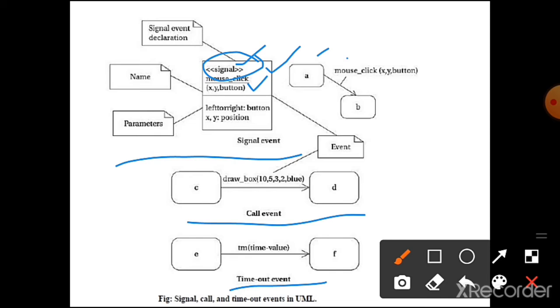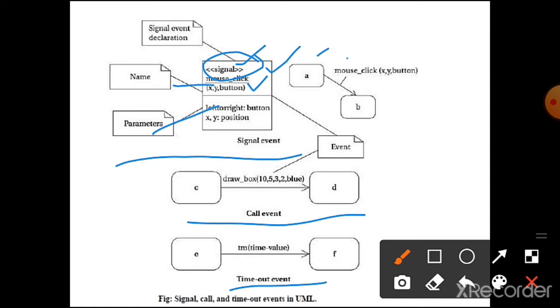A signal may have parameters that are passed to the signal receiver. So here this is the name of that event, and here are the parameters. The parameter means left or right button. Mouse click means there is a mouse click operation. So there is a button, and it has an XY position.